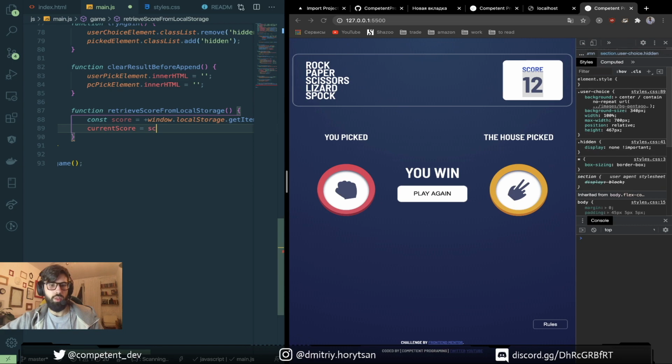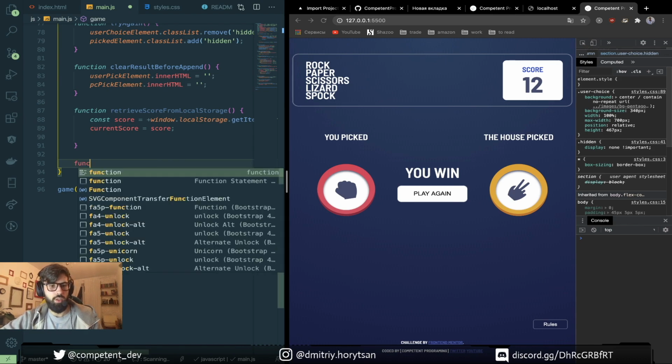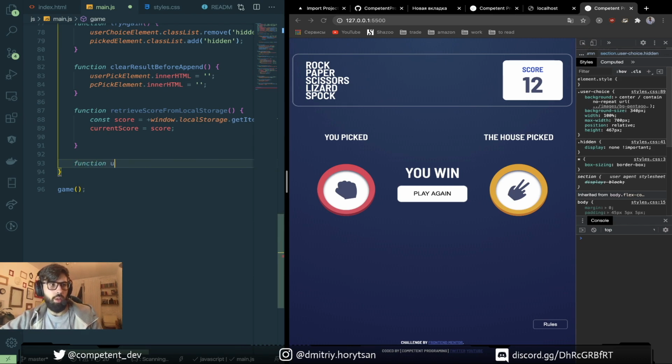Current score equal score, and we'll need another function which will take care of this score and storing it in our local storage. So we're gonna create function update scoreboard,